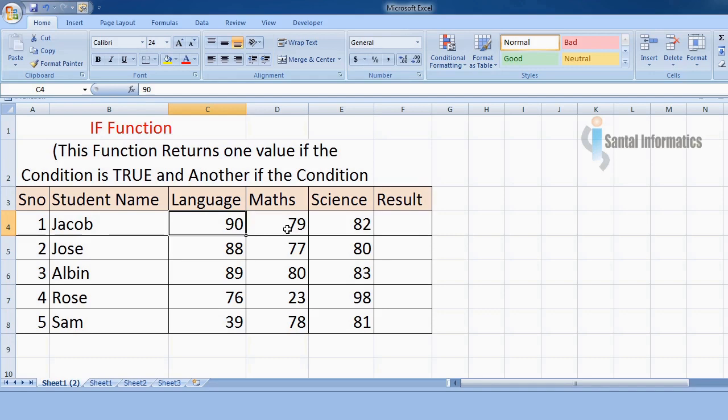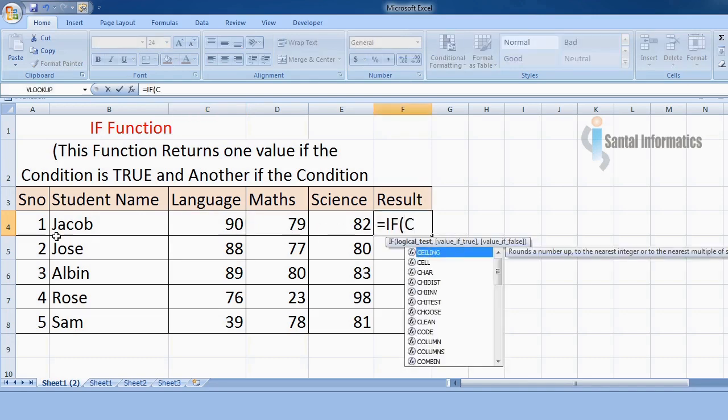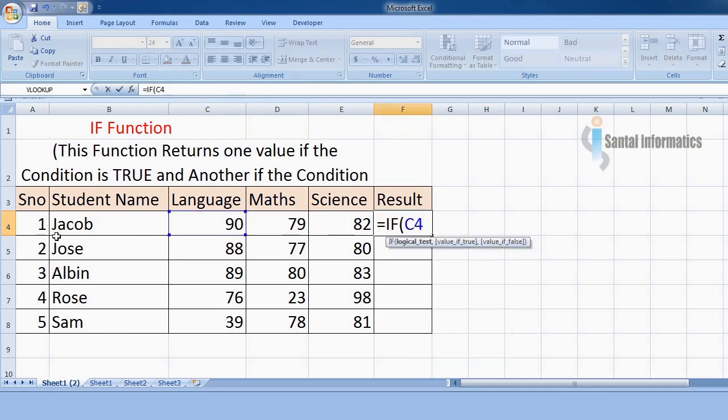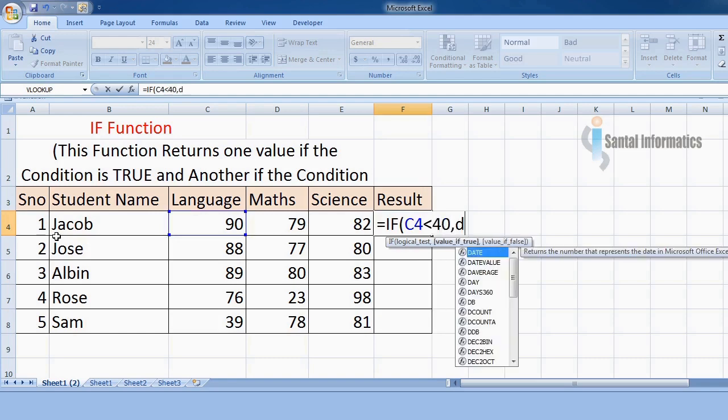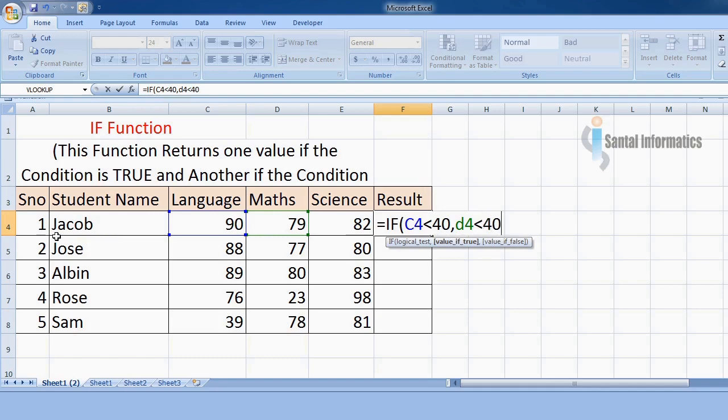Let us see how to write the function. C4 less than 40, D4 less than 40, comma, E4 less than 40. These are the 3 conditions we are going to check.